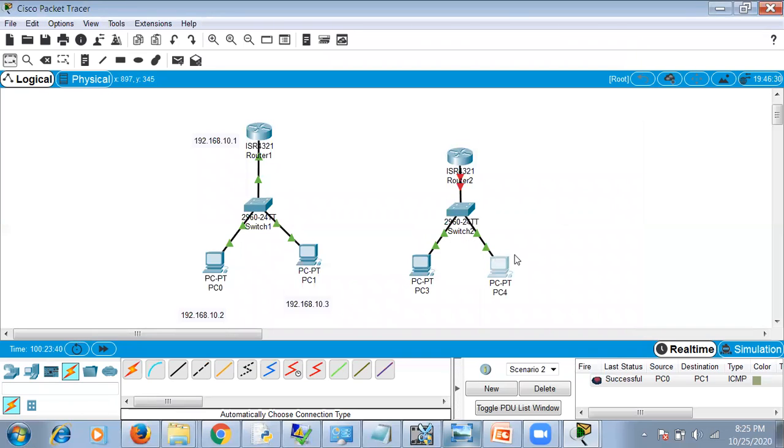You can see it turned green color, so that means it is connected. Now we have to give our IP address for this also.